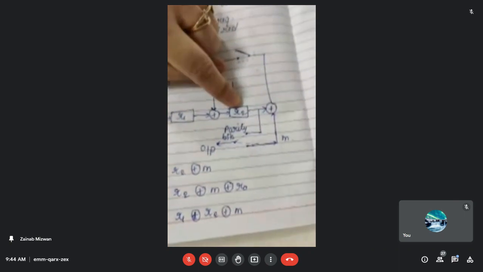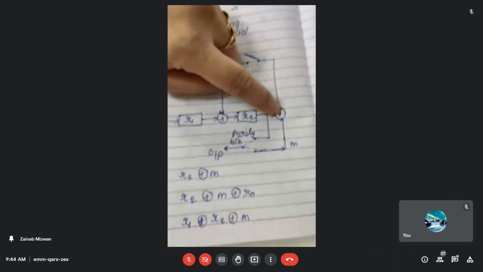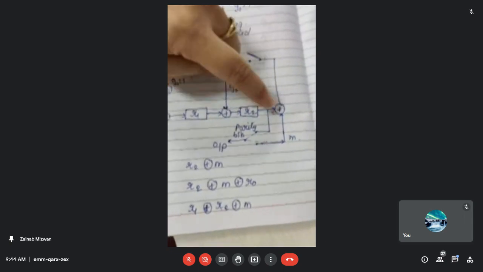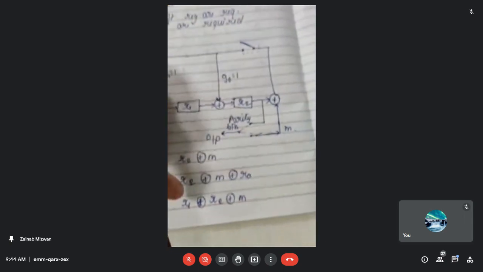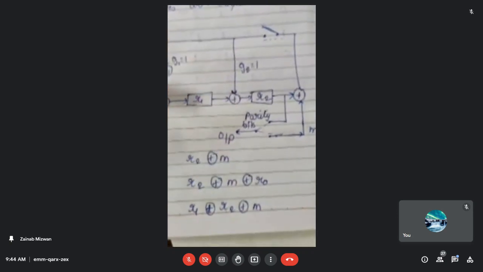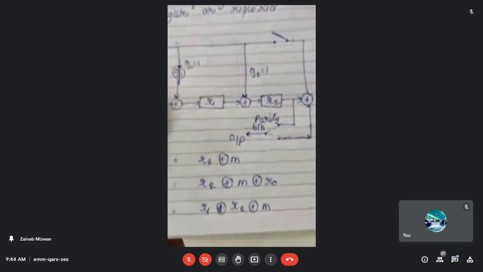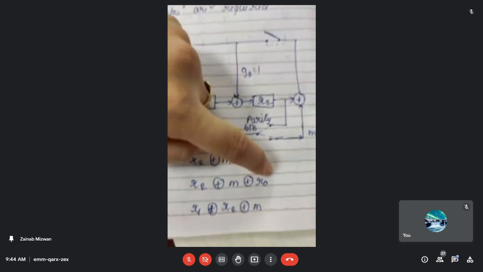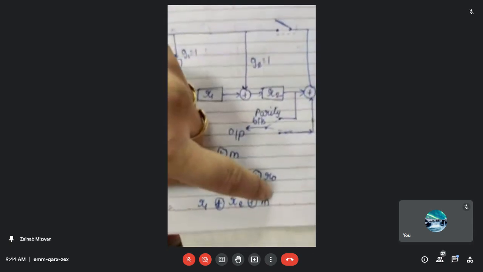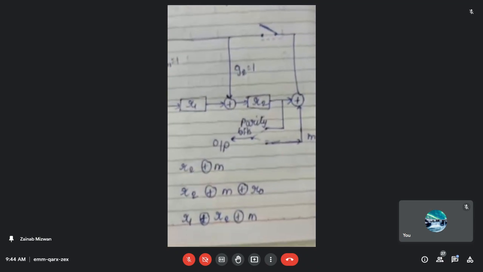Keep in mind that when you find R2 dash, this XOR gate has both M and R2 coming in. So we will have the previous R2. For generating R2 dash, the equation will be R1 XOR R2 XOR M. So for R0 dash, R2 XOR M. For R1 dash, R2 XOR M XOR R0. And for R2 dash, R1 XOR R2 XOR M. Are all three equations clear in your mind?